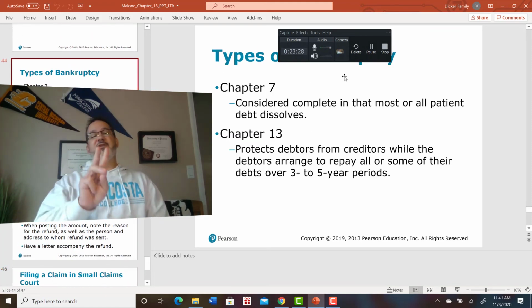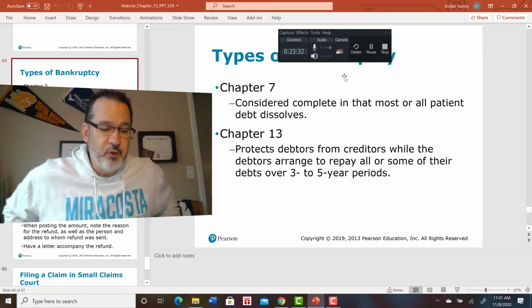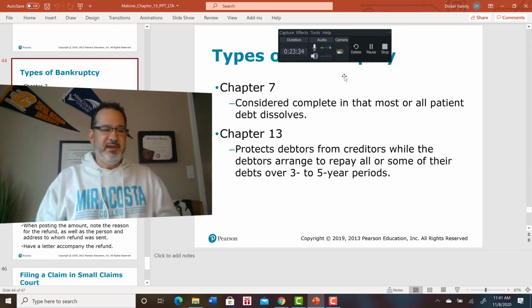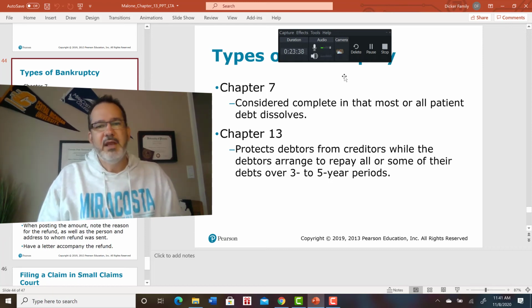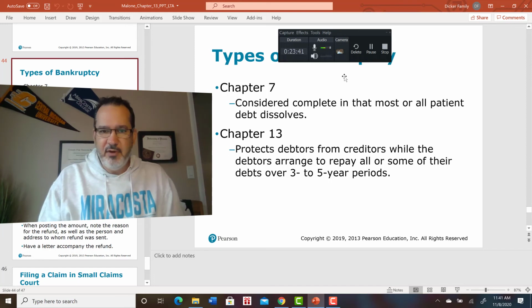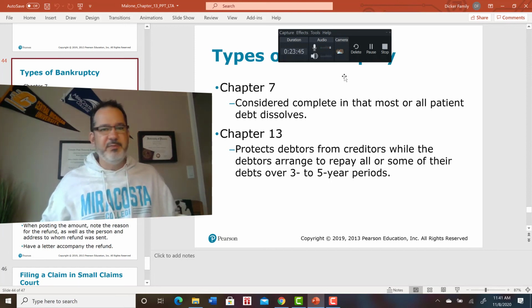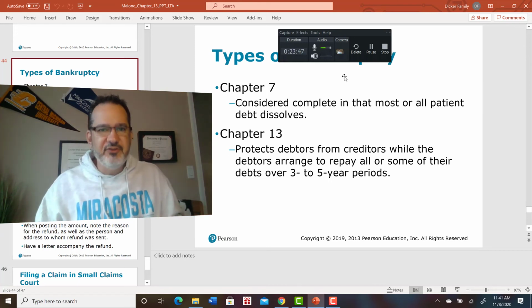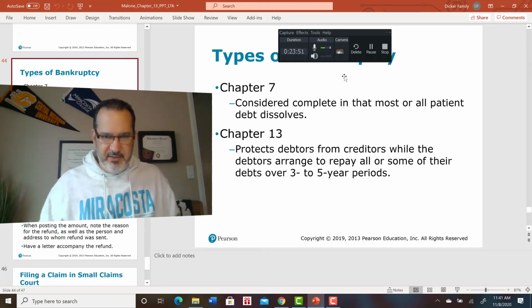Bankruptcies, two different types of bankruptcies, and patients file bankruptcy fairly frequently. So we do get notification if we were listed as a creditor on a bankruptcy. And two different types of bankruptcies. Chapter 7, which is a total liquidation of your debt, which means if the court agrees, then they say all of your debt is wiped away, you don't owe anybody anything.